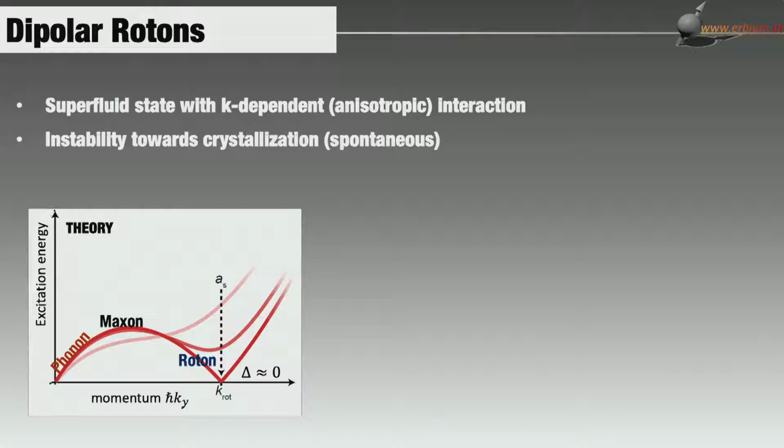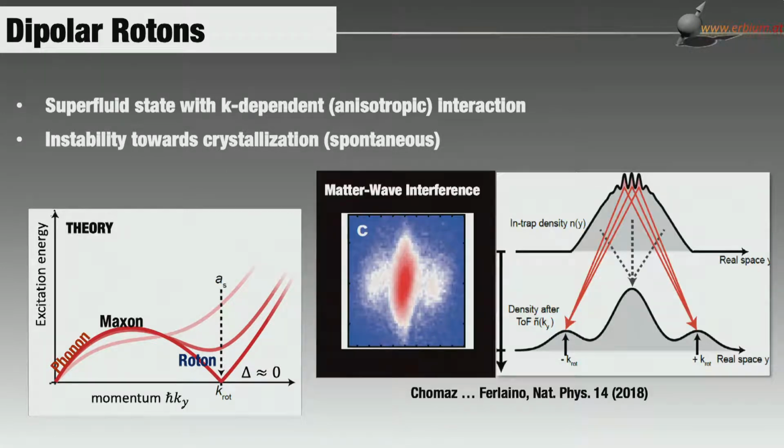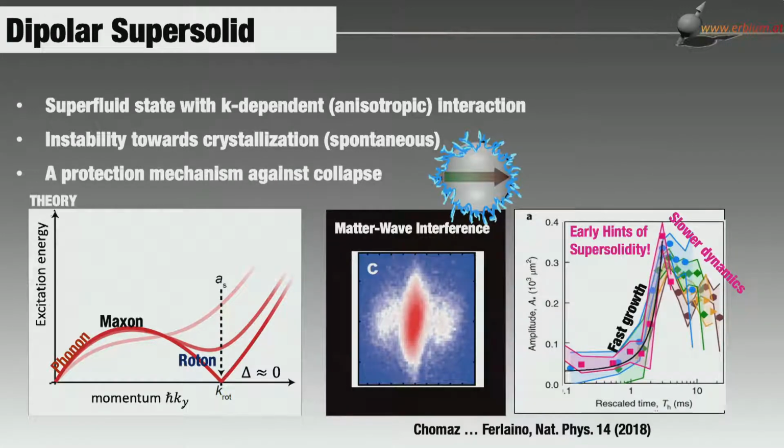And we were expecting to have a very unstable gas, but by now you know already that probably that's not the case. And so what you would see is that spontaneously this little modulation starts to appear. If you do the Fourier transform, you have two major peaks at the roton momentum in the interference pattern. And then the system was actually not unstable, and this is due to the quantum fluctuation,